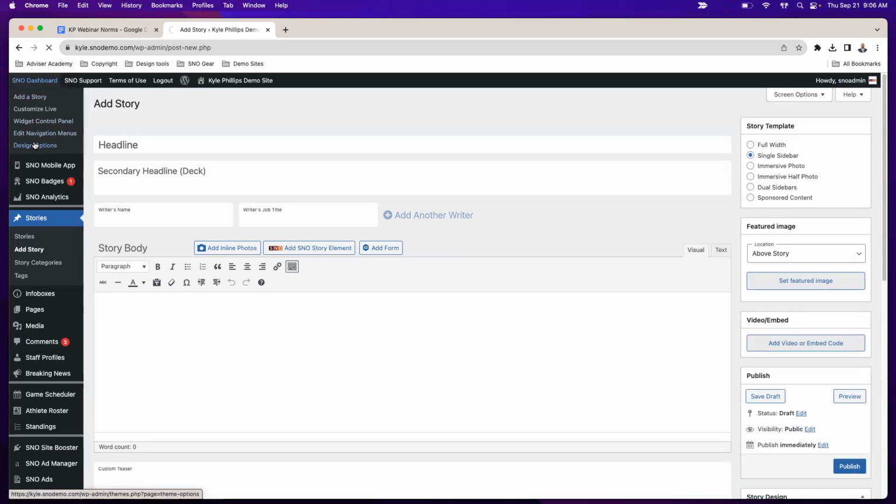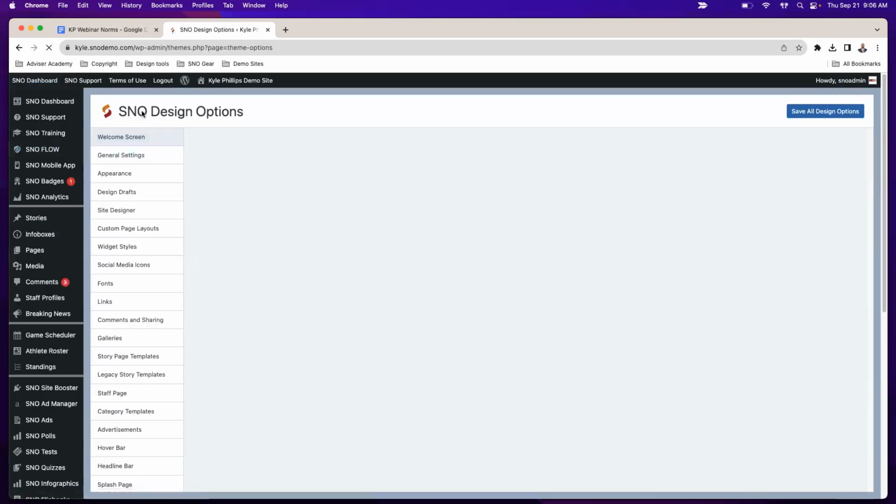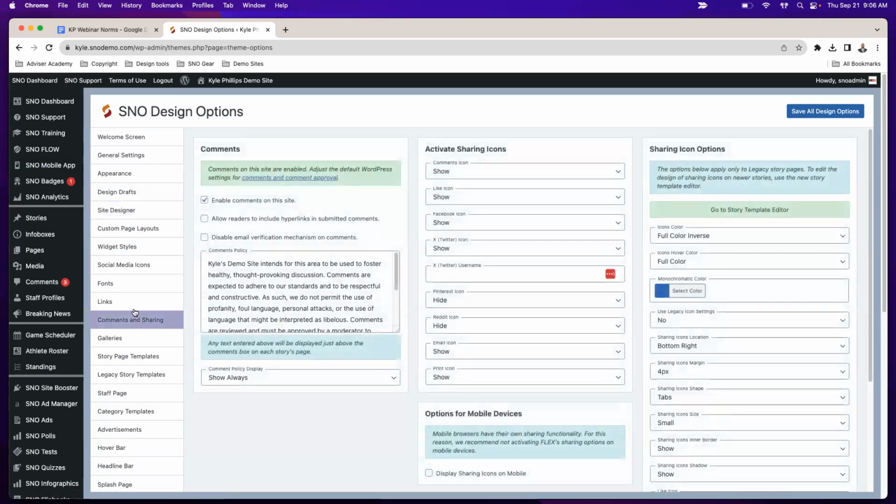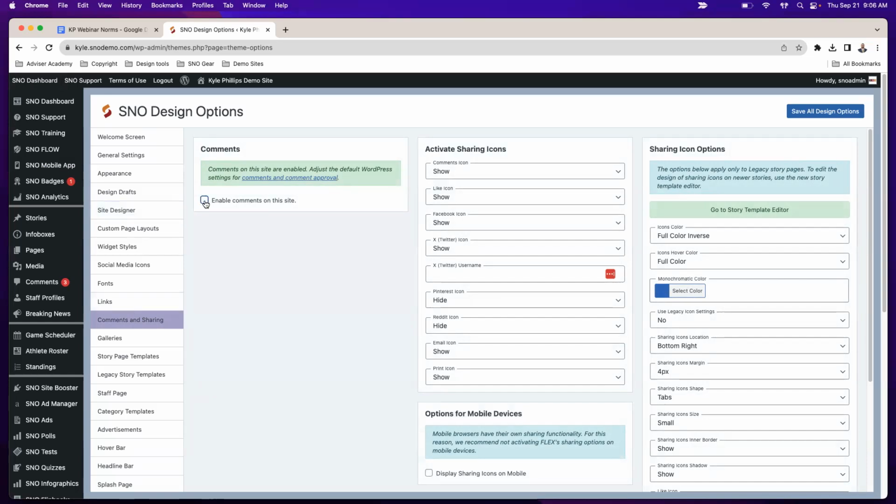And then to turn off comments site-wide, you'll hover over the SNO dashboard, go to the design options, which is the bottom button on that dropdown, and then navigate to the comments and sharing section. In the left column, the first box there, that's what you can click to turn comments off for the entire site. So, if for whatever reason your school has decided not to allow comments, that's where you can disable comments